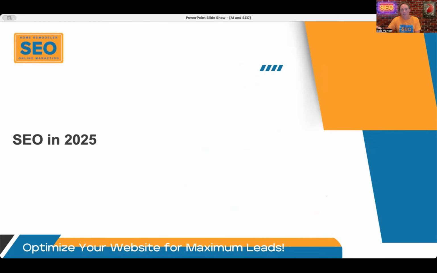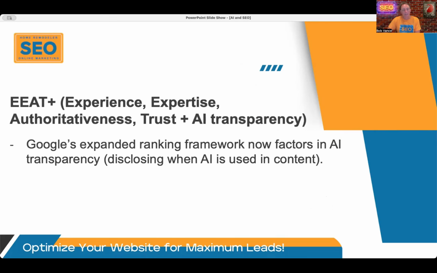And then, when we talk about what's been the focus for SEO in 2025 and will continue to be the dominant themes going into 2026, one of the biggest ones is the acronym that really is the focus of Google's algorithm, and that's EAT. That stands for experience, expertise, authoritativeness, and trust. This is what really guides Google's algorithm.